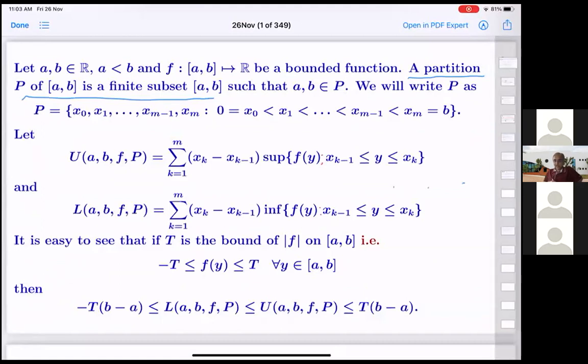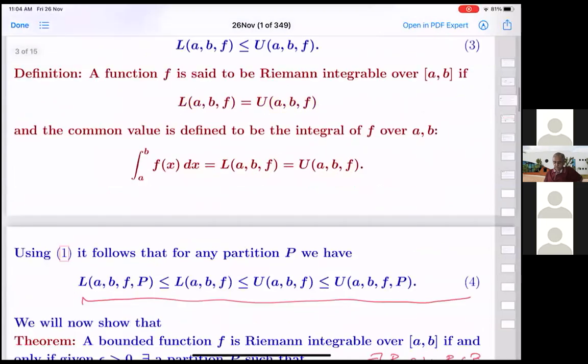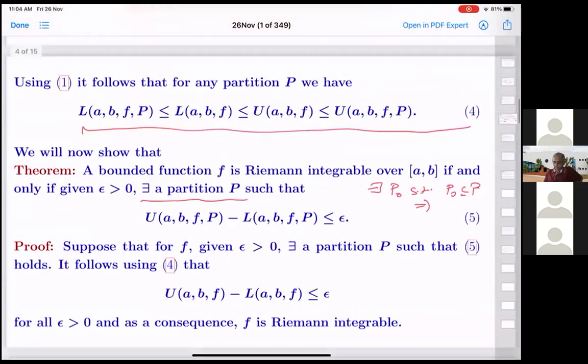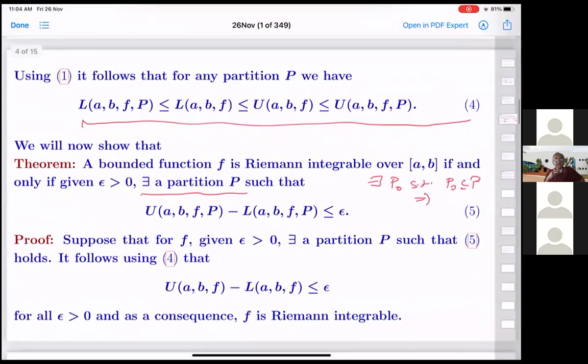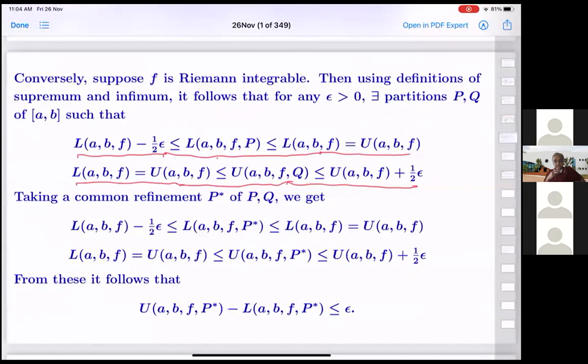Sir, could you scroll down the page to the inequality again? I didn't fully get why that's true. I want to look at it again. This one? Yes, sir. The very last step. I didn't get why from the two inequalities the result follows. Yeah, these two. Yes, sir. Like the ones near the bottom of the page.